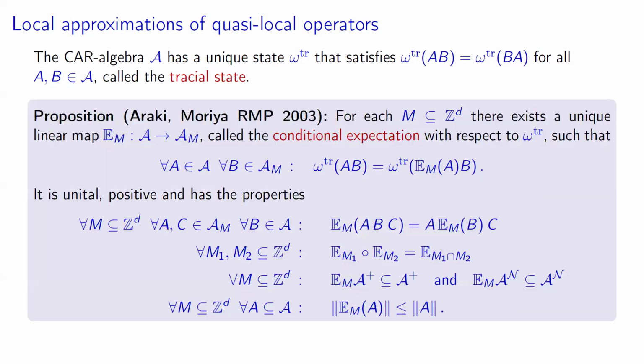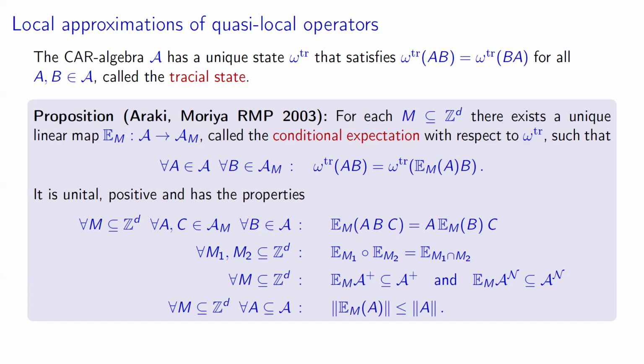And to make this precise, one has to do a bit of work, and actually this was done in a paper by Araki and Moriya in 2003. They prove that such a map exists. They show that there exists actually a unique map that takes the full algebra to the algebra localized over the set M, that has the property